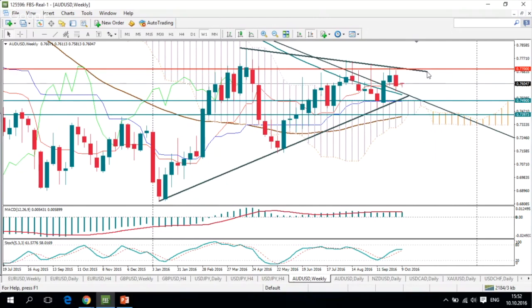I think that some large shorts are located here, so the market isn't moving much above this level. I think that this point will still be an upper limit for the Australian currency during this week. Also, if we have some deterioration in commodity prices, then the Australian dollar will likely retest